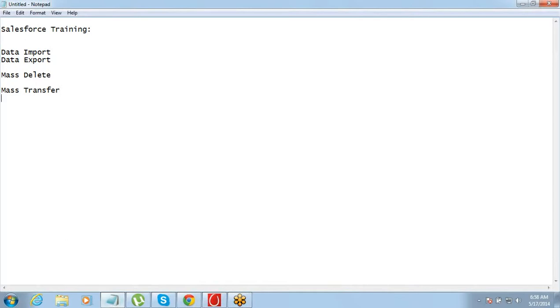Now, the other thing is, as yesterday we were talking about the data loader part also, right? Were you all able to download and install data loader on your systems? Could you all do that?